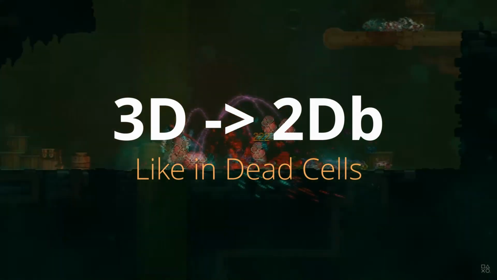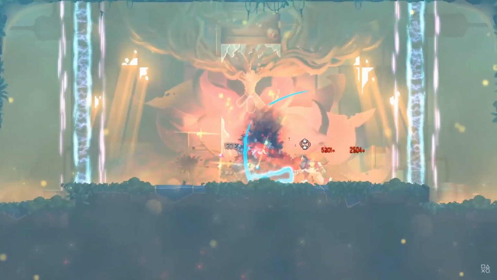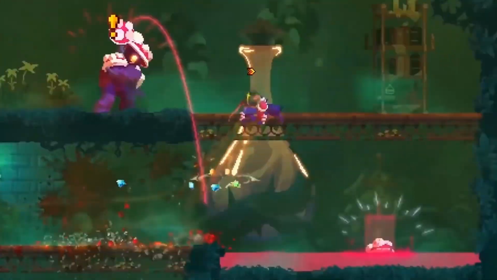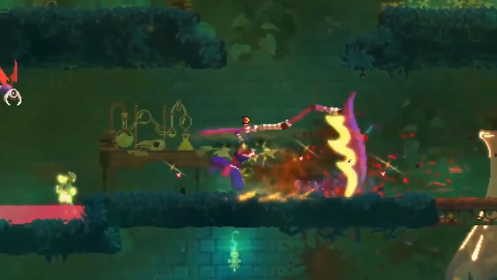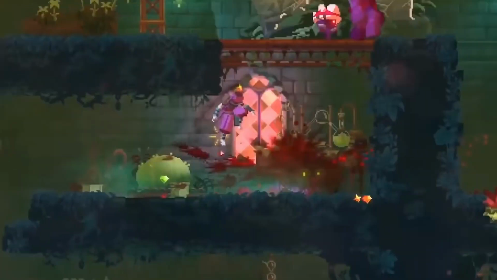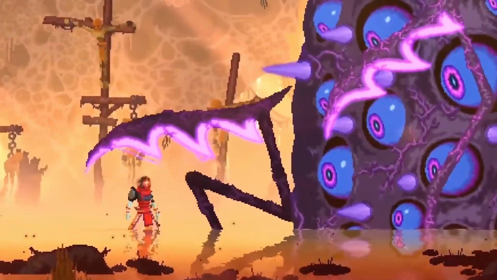The second type of animation that I want to talk about is transforming 3D into 2D. The whole character animations of Dead Cells was made in 3D. They made 3D models, which they animated, but then they put the animations through a homemade program to render them in 2D. They put a pixel art filter over the 3D animations, and they got really smooth 2D pixel art animations. Honestly, whoever thought of this idea is an absolute genius. I think this is an amazing